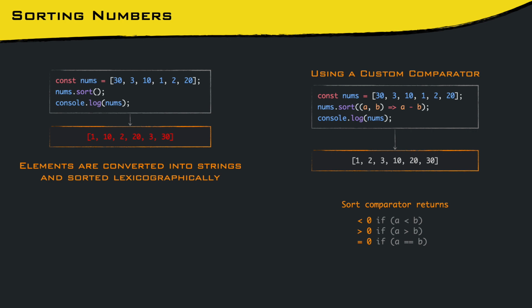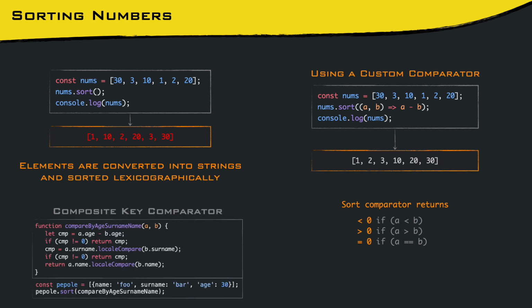Aside from the language decision to convert everything into strings, comparator functions are the things that you need if you want to sort an array based on more than one key. If you want to sort by surname then name, or by age then surname then name, you can compare one key at a time. If the result of the comparison is not 0, you stop right there. If the result is 0, you keep going.